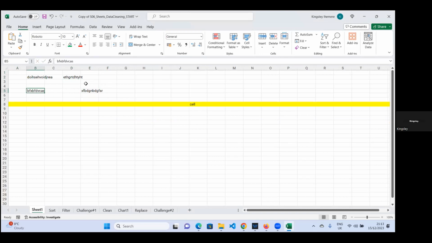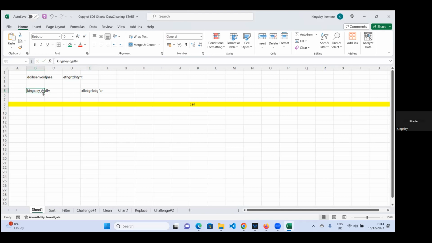But this is something that happens in Excel. Having typed like this, if I want to type again, it will overwrite what I typed. If I select it just once and type Kingsley, you can see the previous work is gone. That's the nature of Excel. It overrides what you do there. But to make it not override, I can double click on it and continue typing, or click on it and press